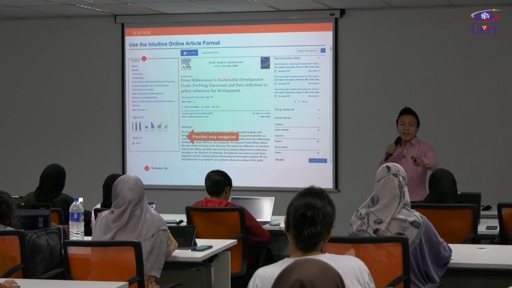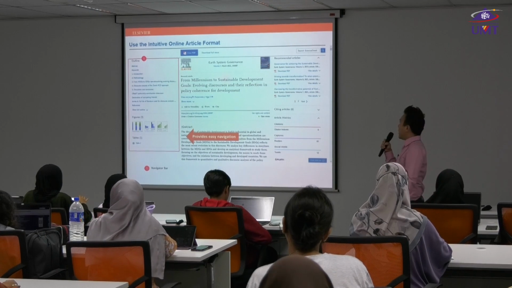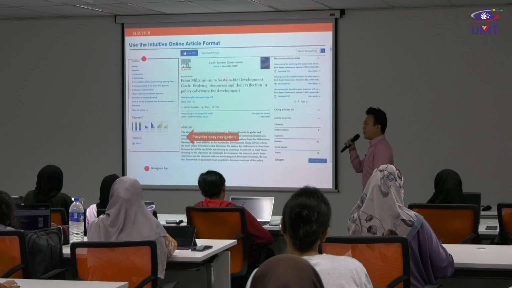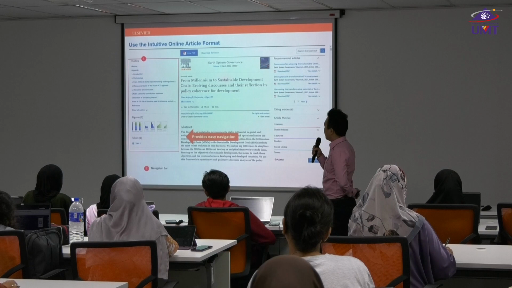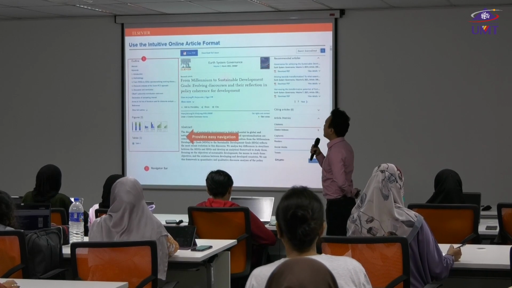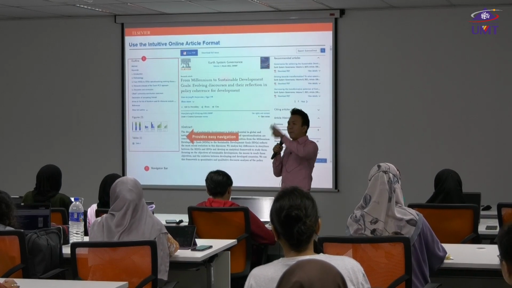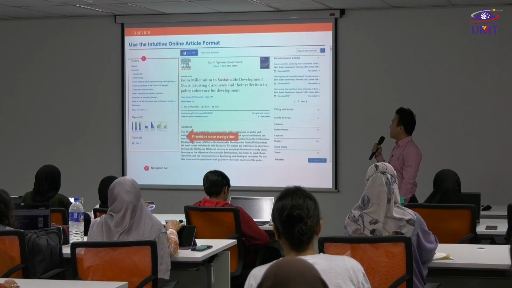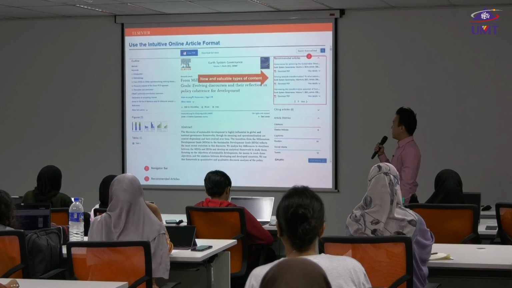So this is the outlook when you are using HTML format, meaning you click into the title without downloading. Number one is the outline of the research article or the book chapters. It provides easy navigation. If you want to read the abstract first, you just click the abstract. You can see the keywords, introduction. Without scrolling up and down, you can just click on the navigation bar and it will go to the content part within the paper or the book that you wanted.